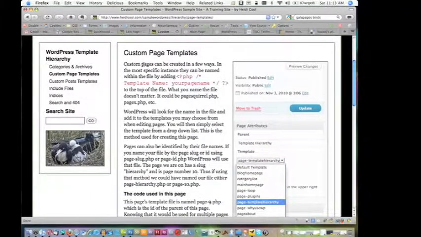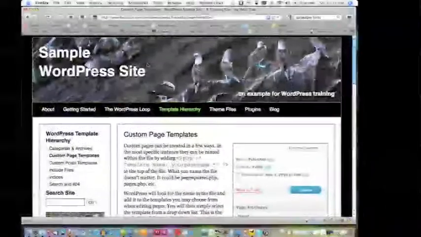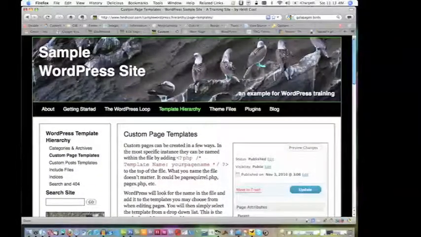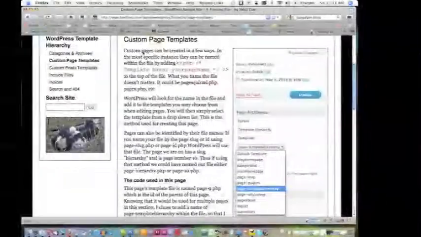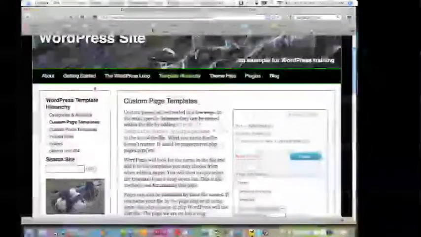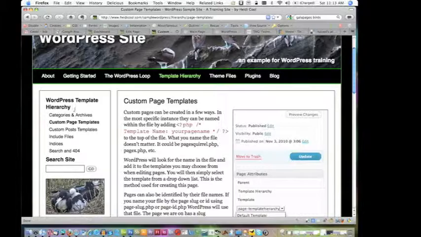But what's nice about pages is that you can name individual pages. So in this case, I want this page to have this particular bird picture on it. These are blue-footed boobies. And I wanted it to use this particular menu. And most of my menus are the same, except for